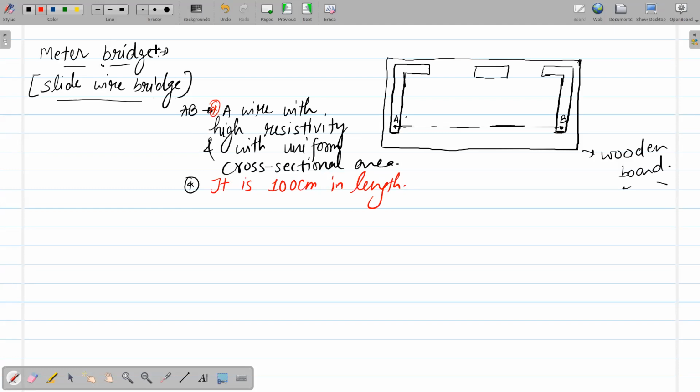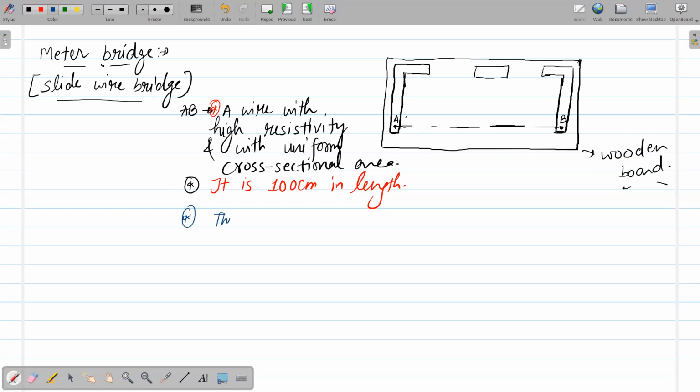I'll be telling about the bridge term, but let's talk about meter, because this wire is 1 meter in length. That's why this is known as meter bridge. The word meter is used just because we are using a 1 meter length wire, right? Next point,